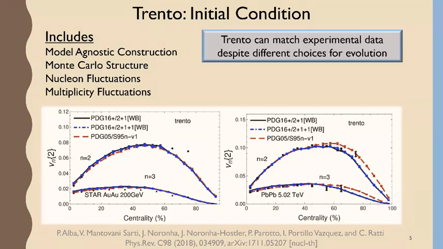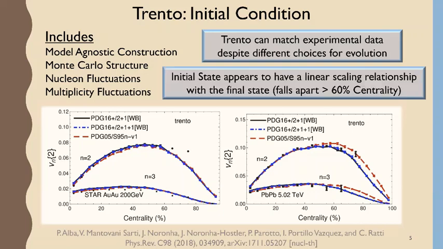And so you can see that Trento is able to match a lot of the experimental data, except for the more peripheral centralities, where not all of the physics is present, and there's some mismatch there. And you can also see that all of the different hydrodynamic parameterizations affect the initial state in a similar way. There's not too much disagreement between them, except at those more peripheral